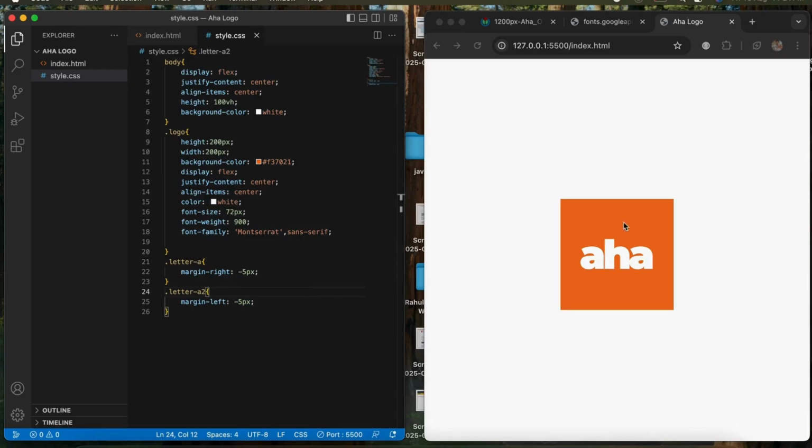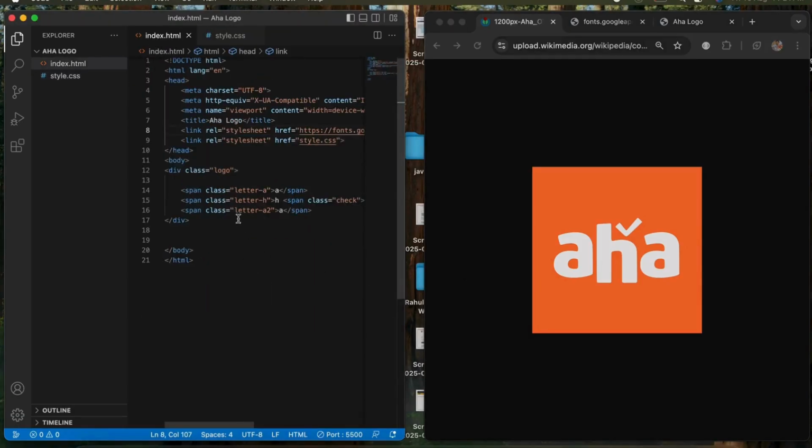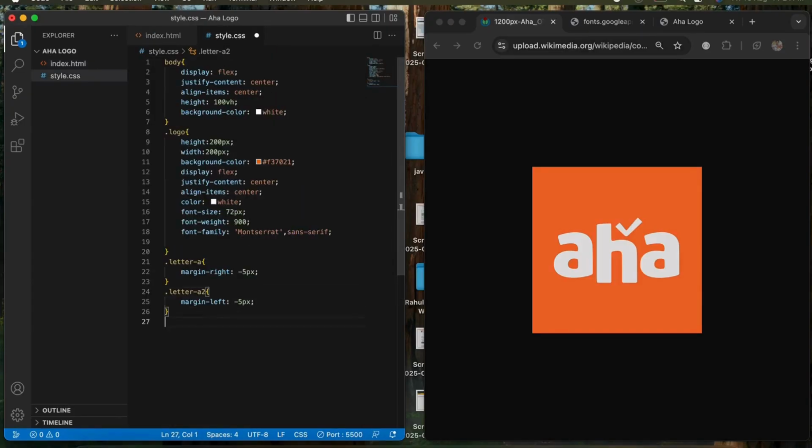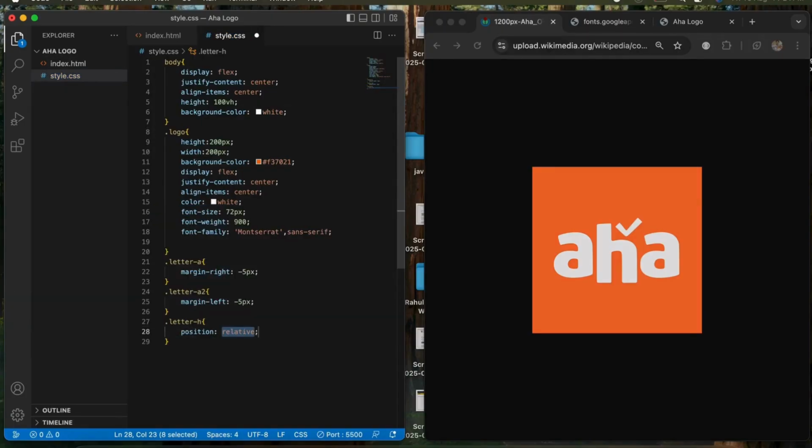Now, as you can observe in the actual image, both A's are standing on one baseline and H is slightly lower. So we need to adjust the position of the H. So let's add styling for the letter H. It has a letter-H class name, so I'll use dot letter hyphen H. For the letter H, first of all, I need to change the position, right? So I'll give a position as relative and I'll display